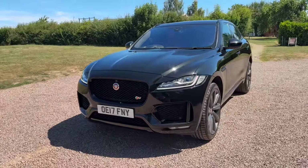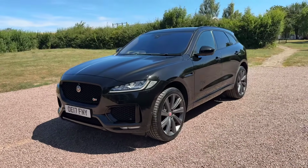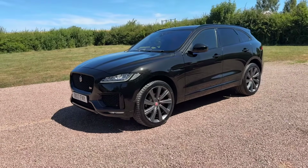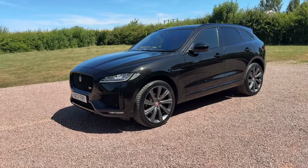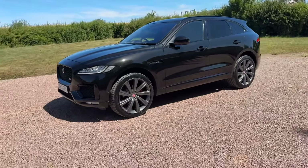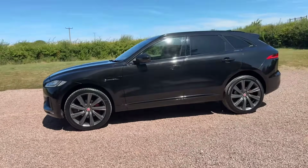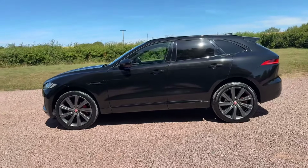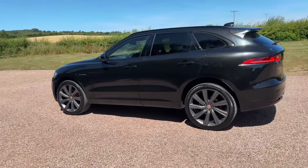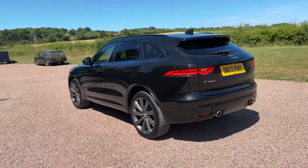£12,500 worth of extras. I can see the front camera above the Jaguar badge and front park sensors, headlamp washers, daytime LED running lights. Got those lovely 22-inch wheels. See new tyres on the front, all black window frame. See the panoramic sunroof. This car's got heads-up display, power tailgate, space saver spare wheel, surround cameras including reverse camera,